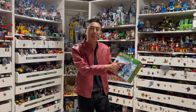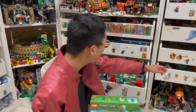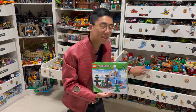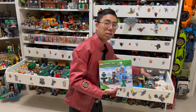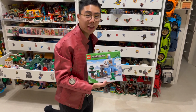It does of course come with a mountain goat as well, and of course added on to my LEGO Minecraft collection, which is actually growing pretty quickly. I'm going to quickly run out of room to put all the other Minecraft stuff, but I think this set is going to go perfect alongside some of the more recent stuff that they've done for Minecraft, such as this Frozen Fortress from the 2022 Summer Wave here, which is a really nice one. I think this will go along well with them, and I can't wait to see how they actually combine together,